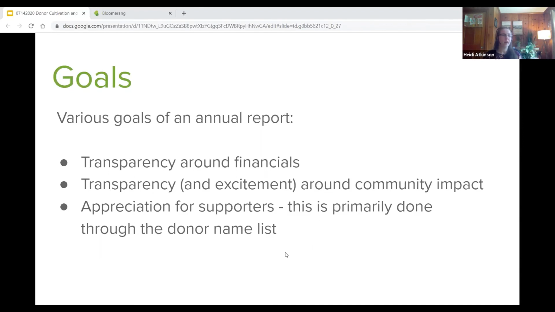I think one of the main themes we're going to be coming back to is which kinds of donors do you want to be talking to most directly, and what do you want their takeaway to be? There's a little bit of, you gave last year, we appreciate you, that's nice. Or you gave last year and it was very important to us, and that's nice. But there's also always that element of, here's what everybody's doing. So you are giving to us and that's great, but here's another way you can engage,